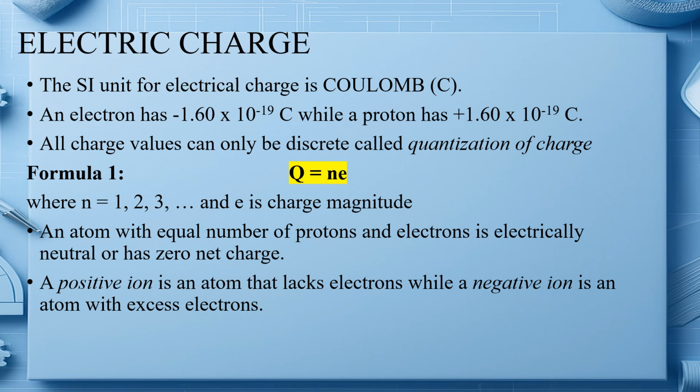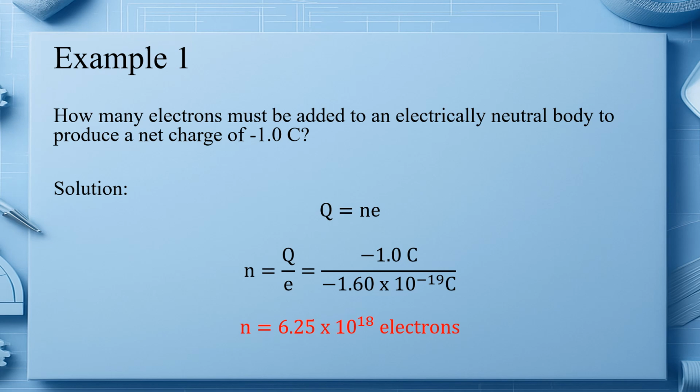or it has zero net charge. A positive ion is an atom that lacks electrons, while a negative ion is an atom with excess electrons. So for example, how many electrons must be added to an electrically neutral body to produce a net